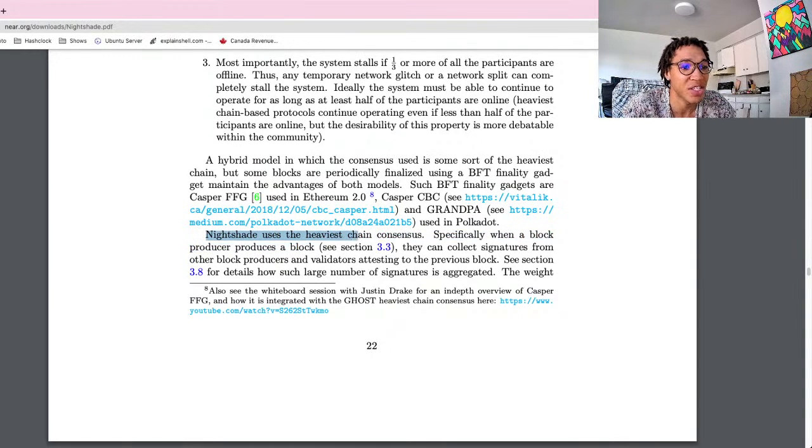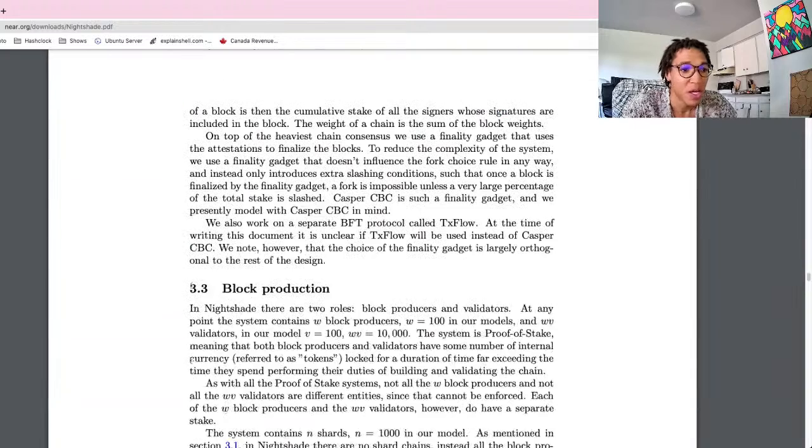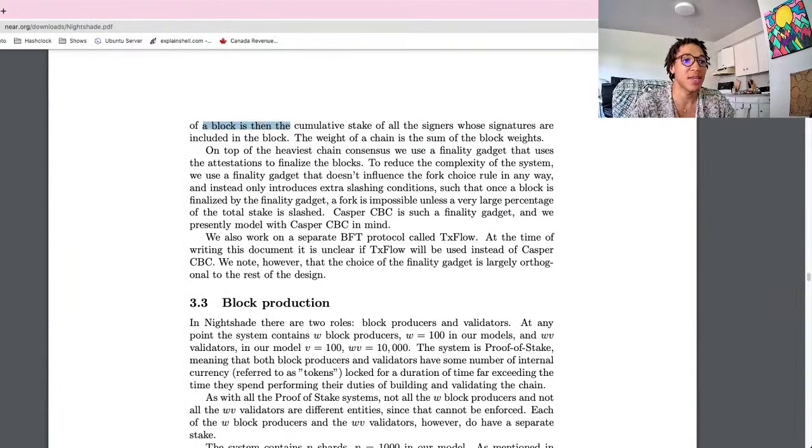Nightshade uses the heaviest chain consensus. Specifically, when a block producer produces a block, see section 3.3, they can collect signatures from other block producers and validators attesting to the previous block. Okay. And then it's going to show us in section 3.8 how such a large number of signatures are aggregated. The weight of a block is then the cumulative stake of all the signers whose signatures are included in the block. The weight of a chain